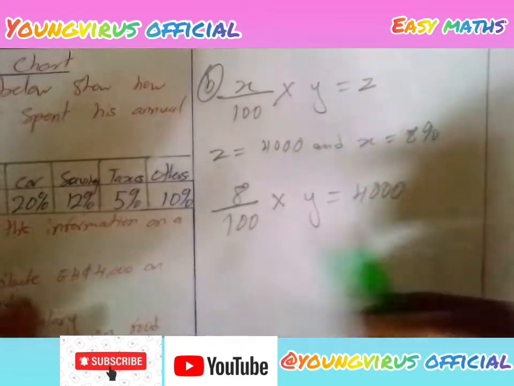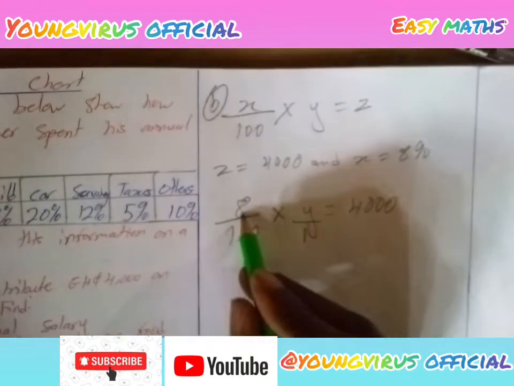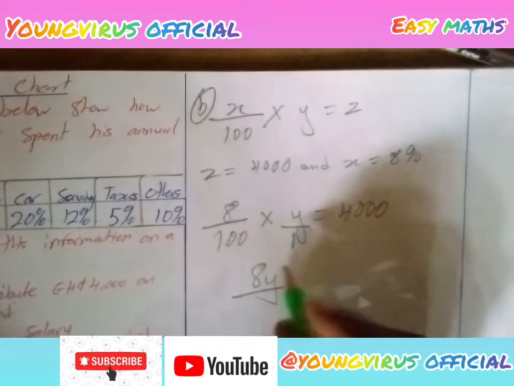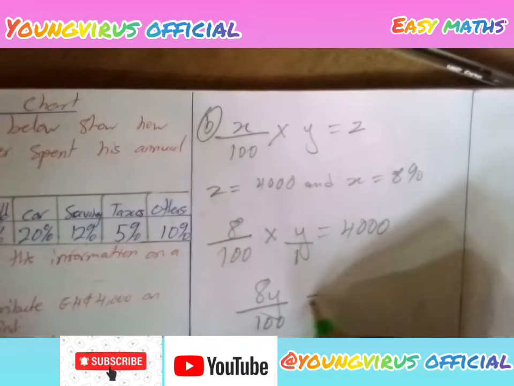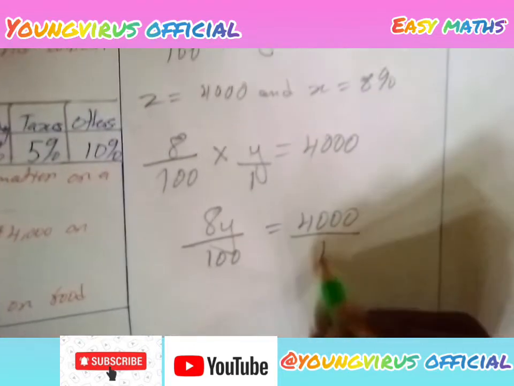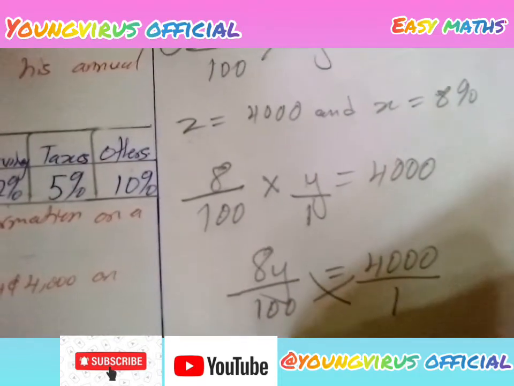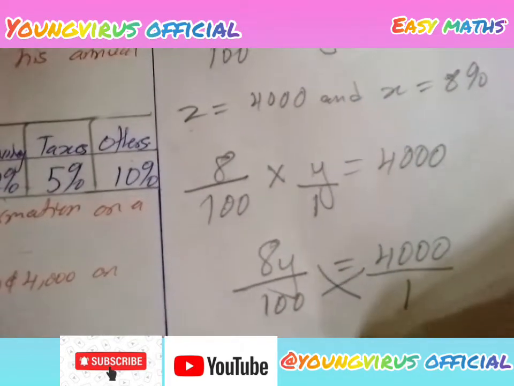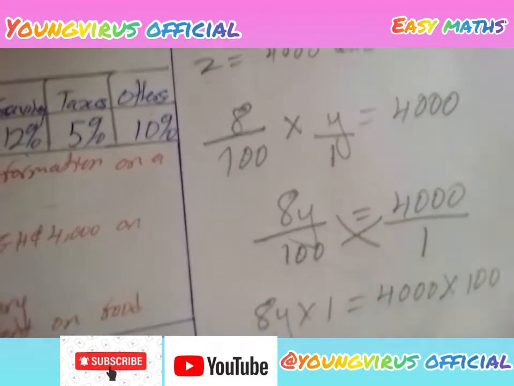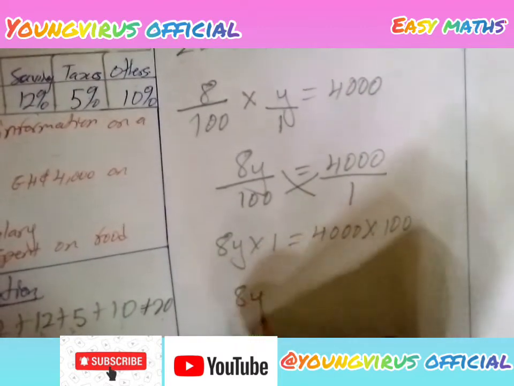In a fraction, when they are multiplying, you know every number is over 1, so top, down. So 8 times y is giving us 8y over 100 times 1 is also giving us 100, is equal to 4,000. Since every number is over 1, we cross multiply from here. So 8y times 1 is equal to 4,000 times 100. So 8y times 1, we are going to get 8y is equal to